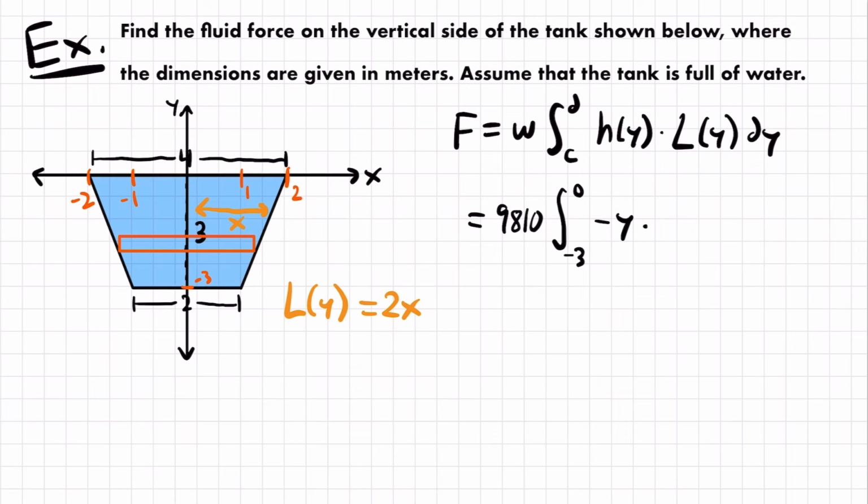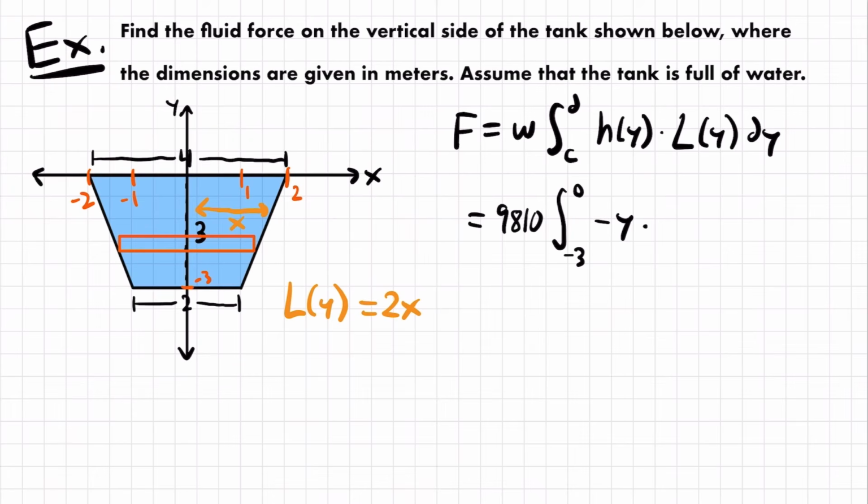Now, what is x though? How can we represent x in terms of y? Well, what we need to do is find an equation in terms of y that represents this line right here. And to find that line, we can use a little bit of algebra by taking the two coordinate points that this line passes through, finding the slope between those points,